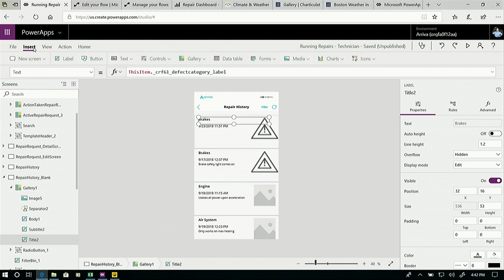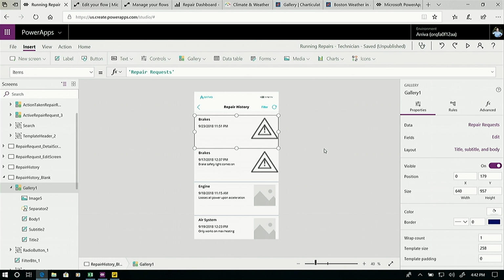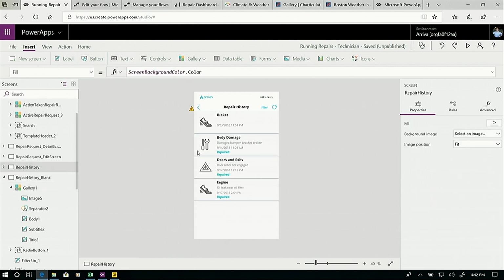I can come up here and also maybe increase the size of the particular label. I have all kinds of different capabilities that I can do very easily right inside the Power Apps context. And if you fast forward, kind of like the Easy Bake Oven, what comes out in the end maybe looks something like this, a little bit nicer if you just have a few more minutes.